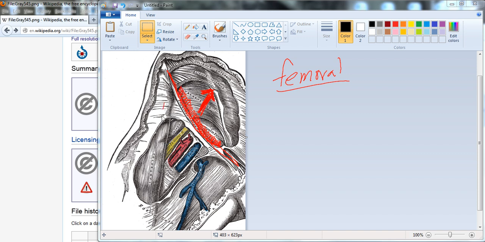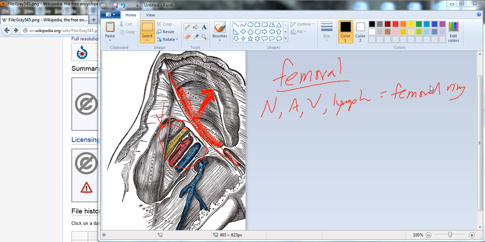Now we're going to be talking about stuff below this inguinal ligament. Now, I say it's a femoral hernia because you're going to have these femoral vessels. You're going to have a femoral nerve. You're going to have a femoral artery. You're going to have a femoral vein. You're going to have some lymph somewhere in there, not drawn in. Now, right below this inguinal ligament, so a little deeper to this inguinal ligament, you're going to have this femoral ring. And this is where these vessels go. These go through the